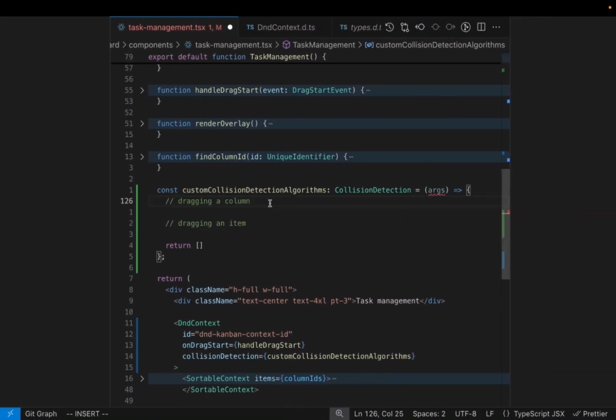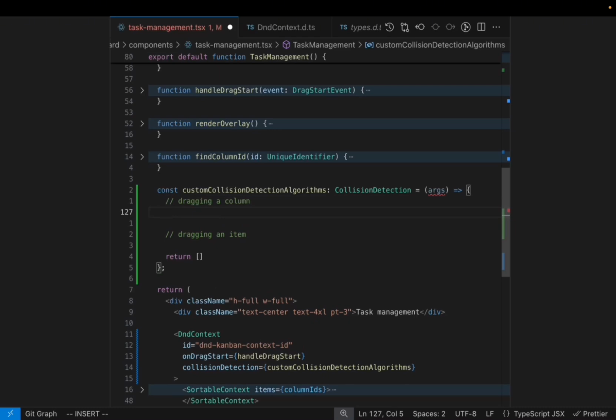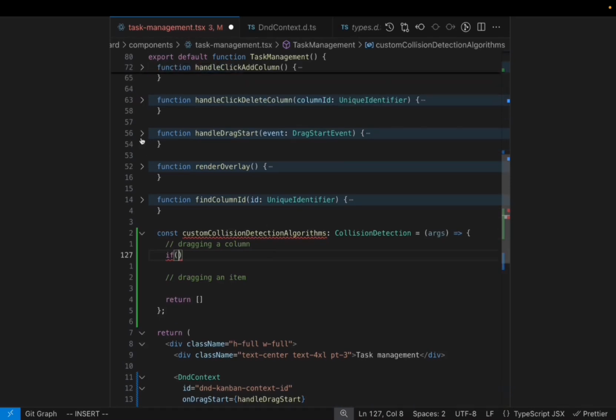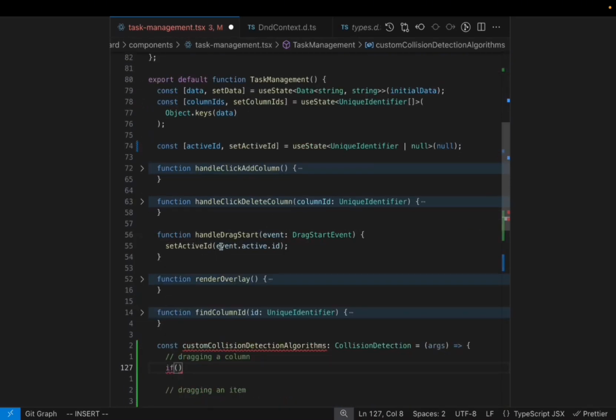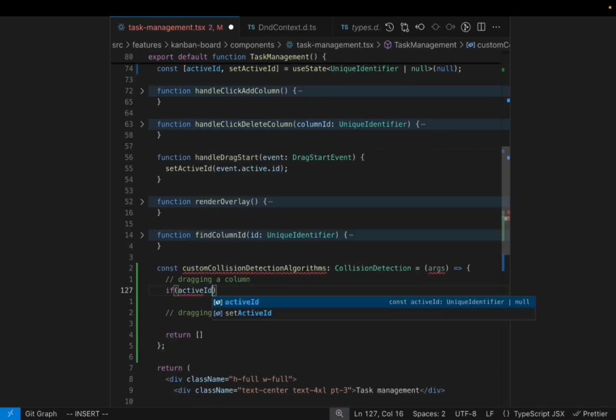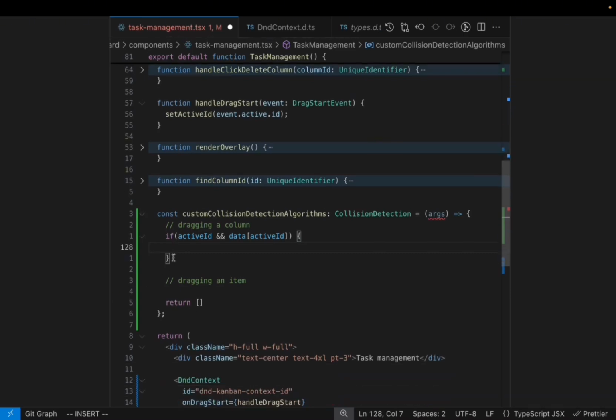To know when we're dragging a column, we can check the active ID. So remember, when drag start, we already store the active ID in the state active ID. So now if there's active ID and we got data active ID, this means we are dragging a column. Let's use closest center. I'm going to define a variable here called closest center draggable list,